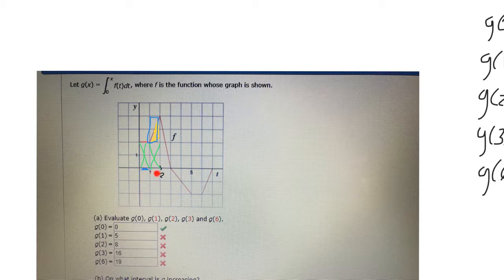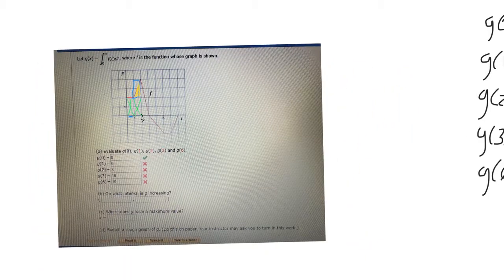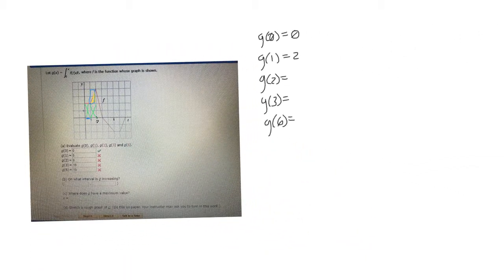G of 2 would be the area under the graph there, so that should be 5. I'm going to write that right now. G of 2 is 5 because the area under the curve in that range is 5. Okay, so moving on,